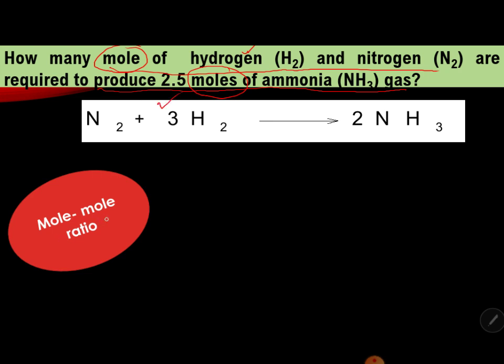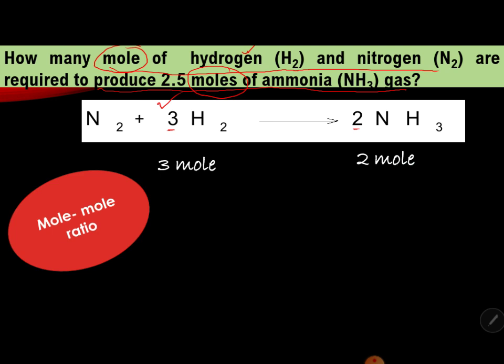When using this method, the mole-mole ratio method, you must explain the given balanced chemical equation in terms of mole. When you explain a balanced chemical equation in terms of mole, the larger number or the coefficient given before the chemical formula of each compound is equal to the number of mole of that compound. So, for hydrogen, the coefficient is 3. So, it is equal to 3 moles of hydrogen. Likewise, for ammonia, the coefficient is 2, so it is equal to 2 moles. Now, we can say that 3 moles of hydrogen are required to produce 2 moles of ammonia gas.